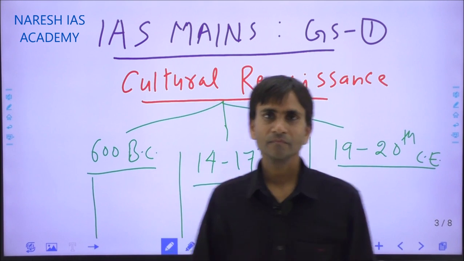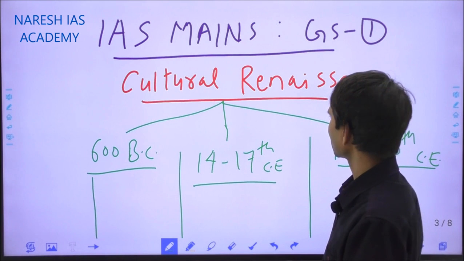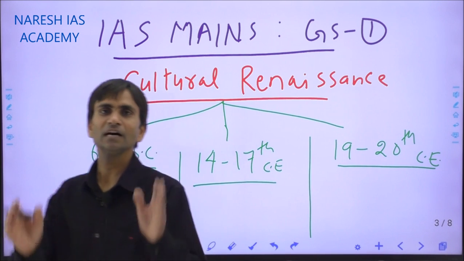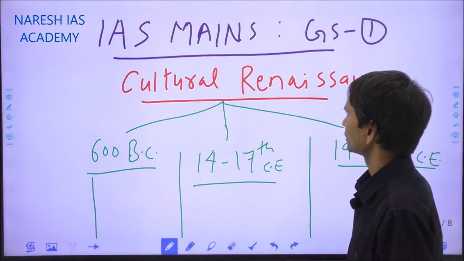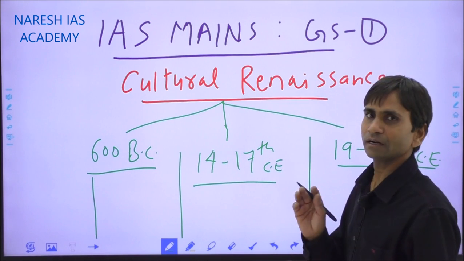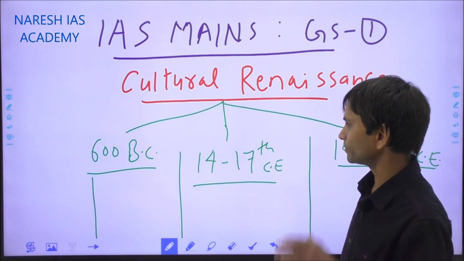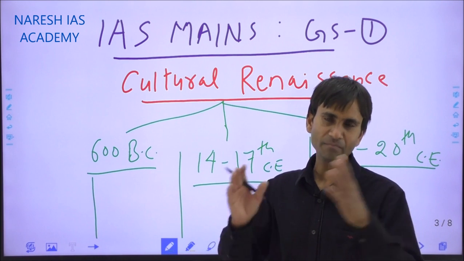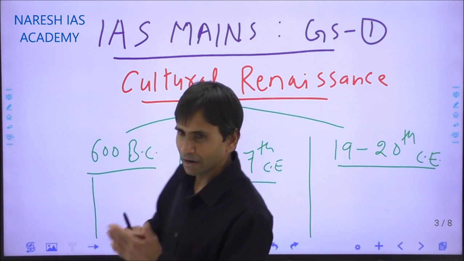Okay, the topic is too large and has so many dimensions, but I will try to explain a specific approach to cover the various aspects. One is the cultural renaissance in the ancient phase during the 6th century BC. This is the age of Gautam Buddha and Mahavir Swami, and we have to cover this part in